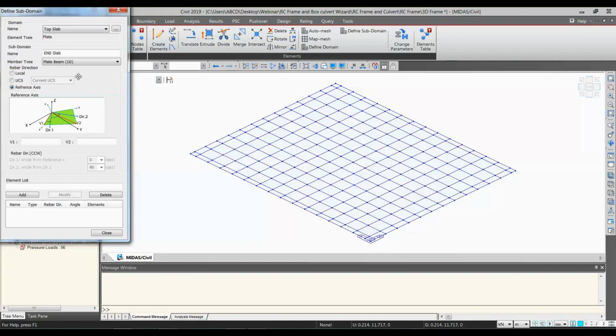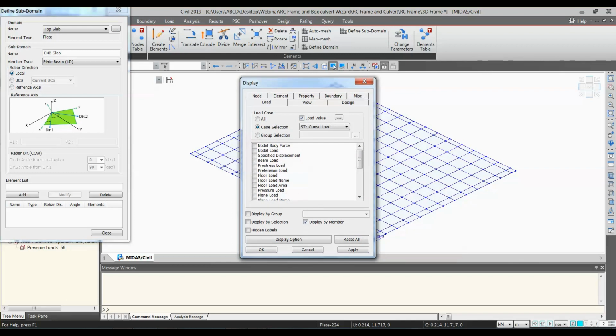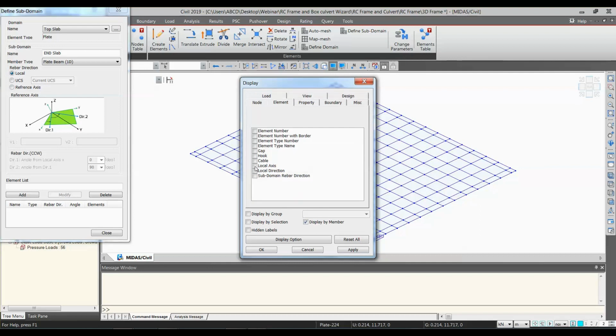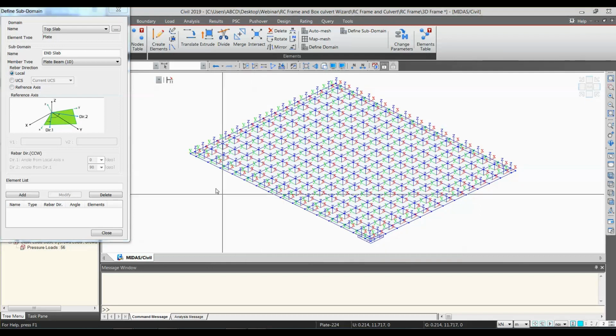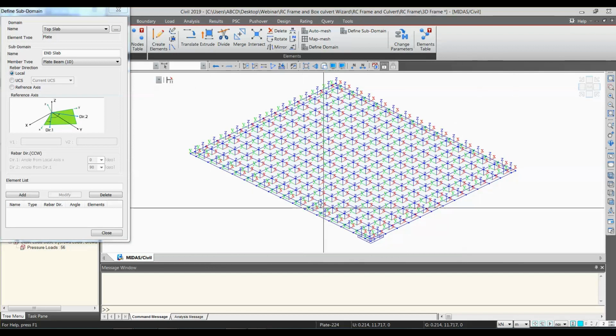I will keep the rebar direction as local. To see the direction of the elements, you can go to the element tab and check on the local axis. So these are all aligned. If these elements are not aligned, you can go to change parameters and align the element local axis.